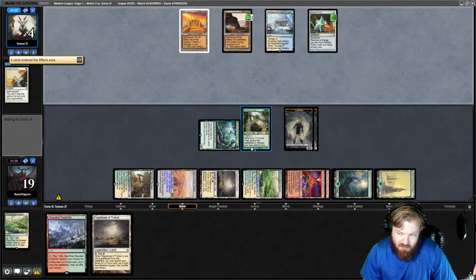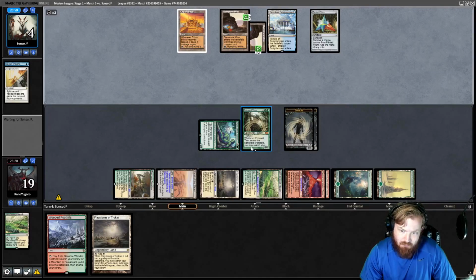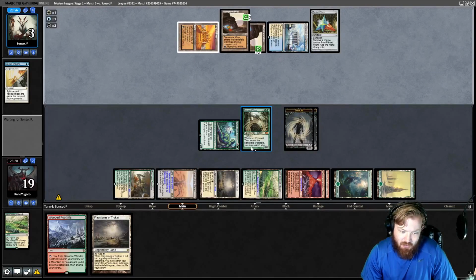Opponent Angel's Grace. They play a land. And it looks like we're dead to Ad Nauseam. I mean, we kept a really slow hand, so...